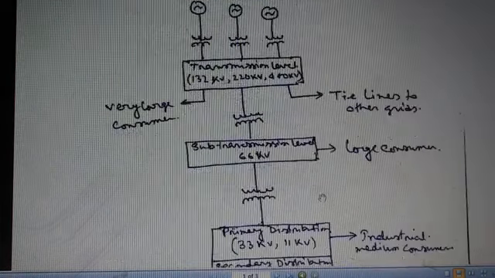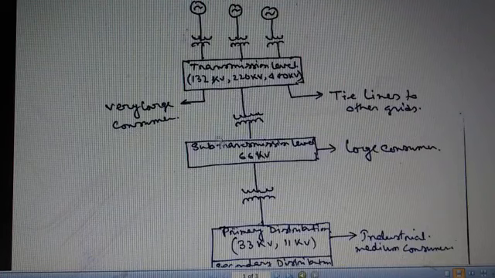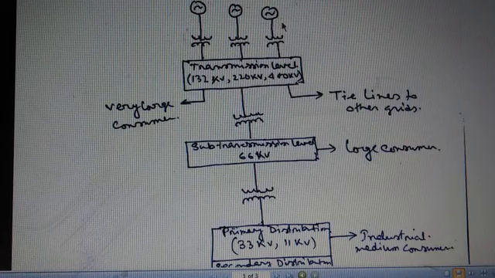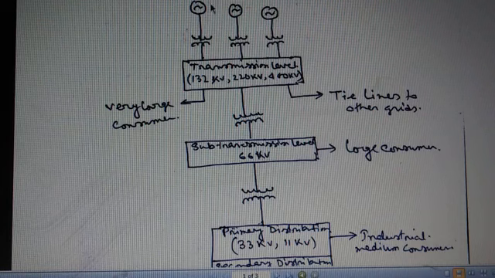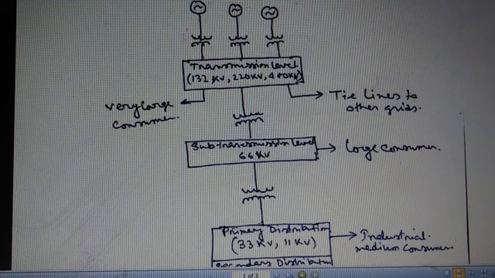Now, here is a block diagram which indicates the power system network showing various types of voltage levels. These are the generating stations where a number of alternators are present, and we know alternators are connected in parallel with the help of parallel operation and a synchronizing system. Our generating voltage is generally 11 kV. These are the power transformers, where the generated 11 kV is converted into either 132 kV, 220 kV, or 400 kV as per the requirement of the particular state, country, or area.